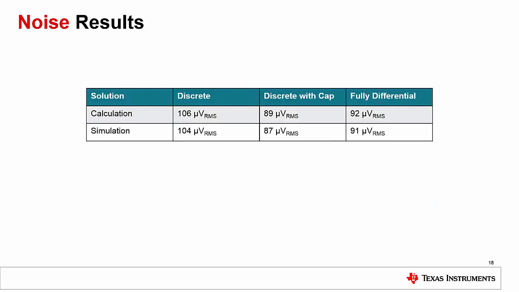In summary, we can see that the FDA and the discrete solution with the added capacitor produce similar noise levels. A downside to adding in these capacitors is that it will require more components to the circuit, and the start time might be delayed as the capacitors need time to charge. Overall, our goal was to make the noise less than 1 LSB. Our noise was a bit higher than that, but this is not uncommon in high-gain applications.